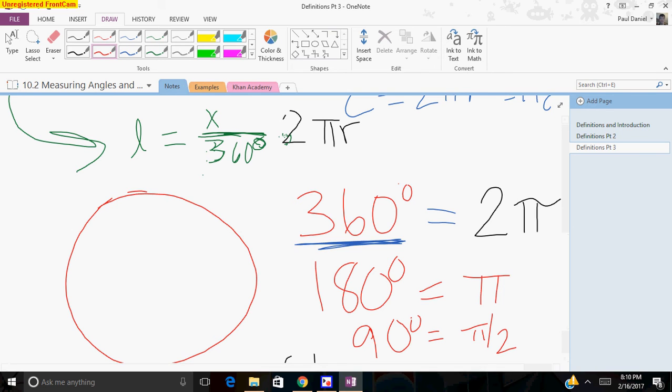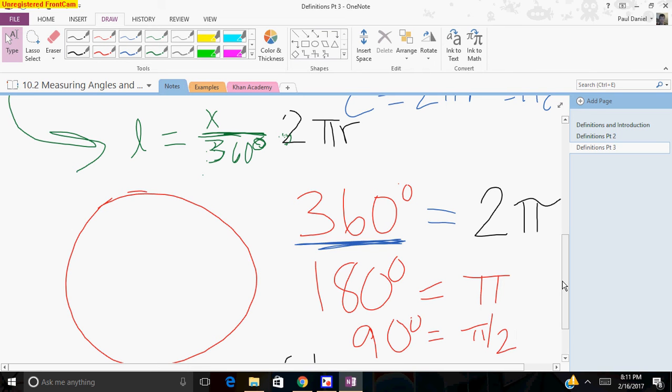And one thing I'll say is radians technically are unitless. So that's the reason that mathematicians like to use them. When you move up in your math, eventually when you get to calculus, you will notice that we don't deal with things in degrees anymore. We only talk about radians. So I don't want you to stress too much about radians, but just kind of becoming aware of them and